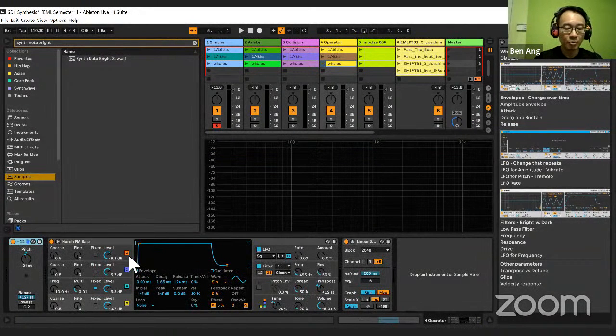Operator is a more complex instrument. You can see it's actually got 4 oscillators which interact with each other using frequency modulation. Those who want to find out the more advanced stuff can go into the advanced breakout room and ask this question. But this also has filters. You look at it, you say, hey, look, there's an LFO and there's a filter. So